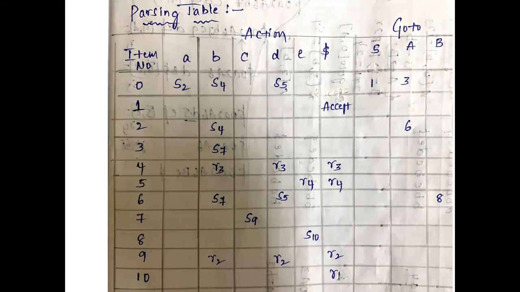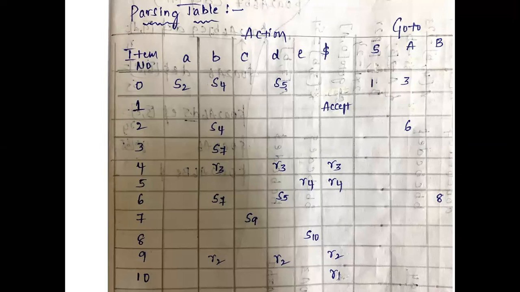My parsing table was constructed by writing the shift operations, the reduce operations, the accept operation, and the errors. Where we write an error means the blank cells we have here. 1 with A is an error, 2 with A is an error. All these empty blanks come under the errors, right? And this is the way of constructing the parsing table from the goto function computations and the construction of first and follow functions. Is it clear, all of you?